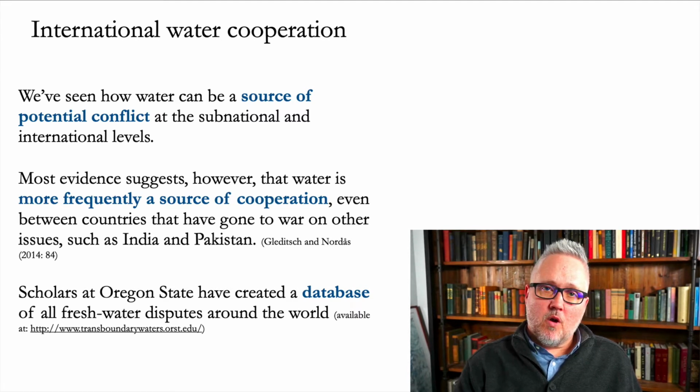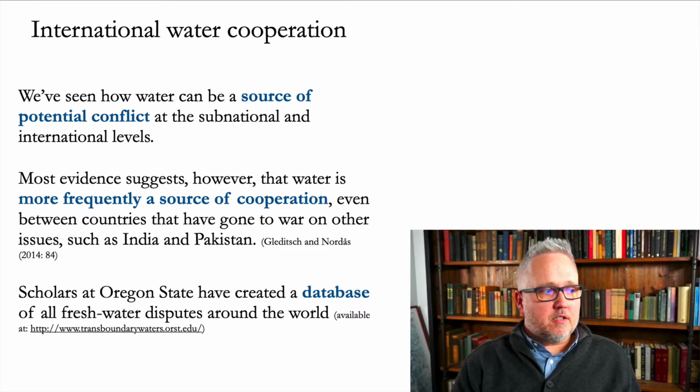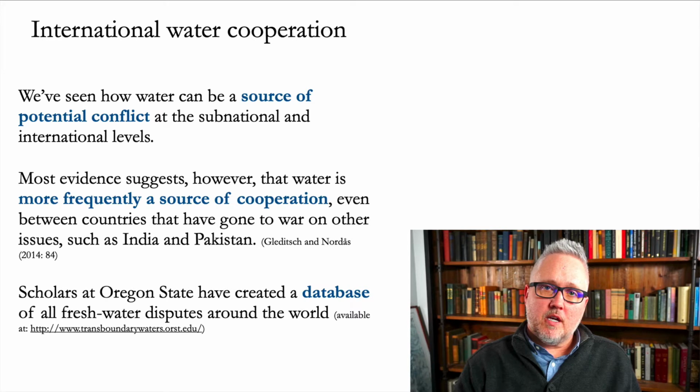So we've seen how water can be a source of potential conflict, both between different groups within countries or spanning boundaries, like in the Omo and Turkana regions of Ethiopia and Kenya, as well as cross-nationally with Egypt and Ethiopia and Sudan. But I think it's also indicative of this one area where scarcity provides incentives for cooperation instead of just conflict. Countries that are often in conflict, like India and Pakistan, can nevertheless come together and reach agreements for cooperation on this kind of shared resource.